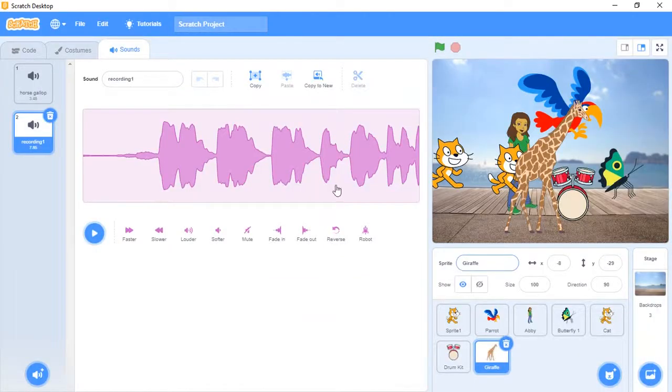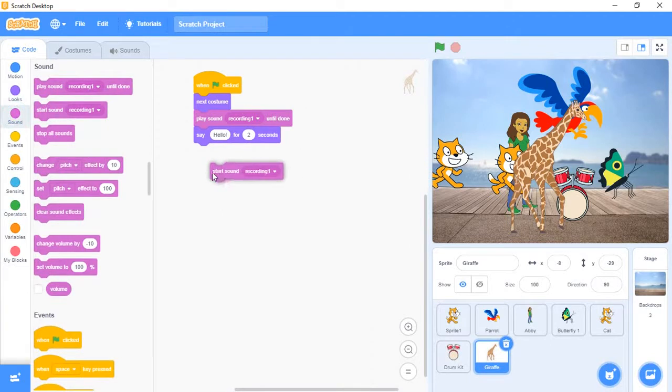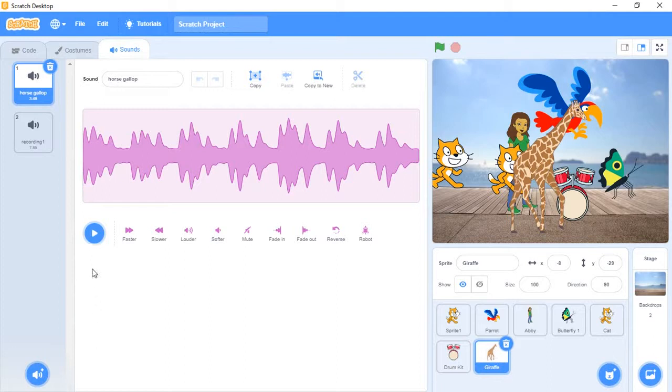Save. And in the code you can change to Recording 1. So this is one way of recording. If you want to record another way, here sounds, click on this tab. So these are all the various options which are available.